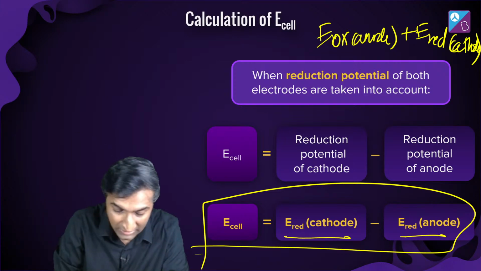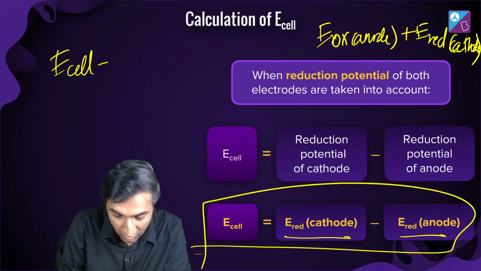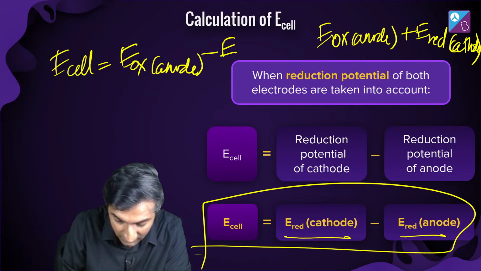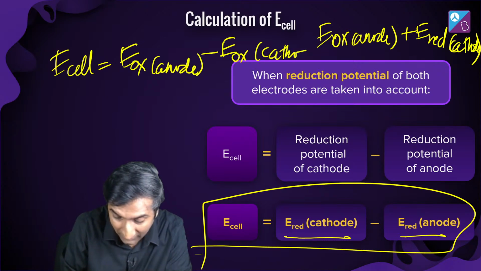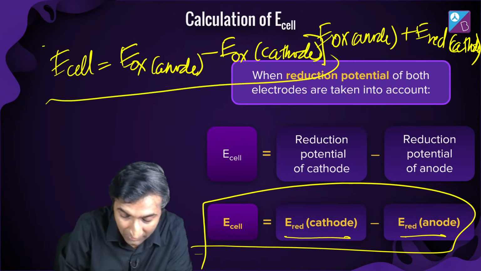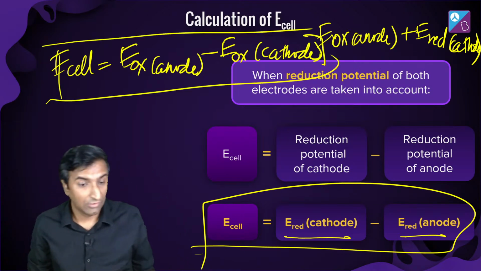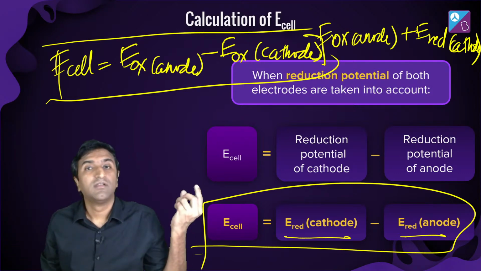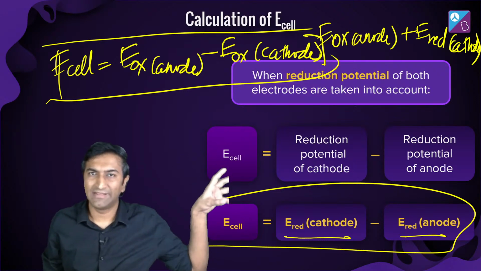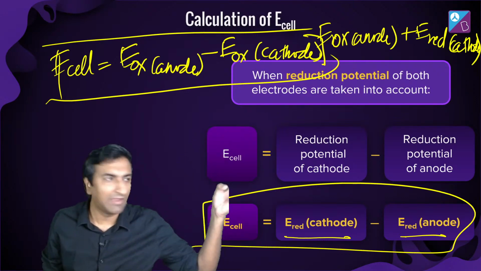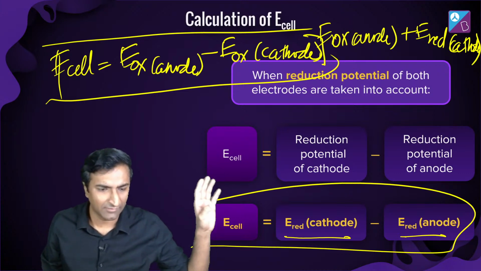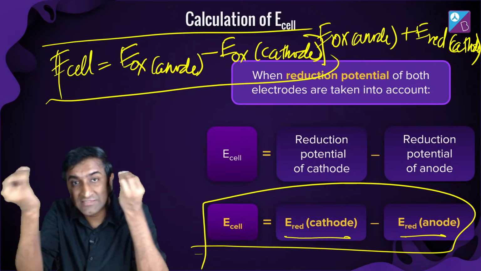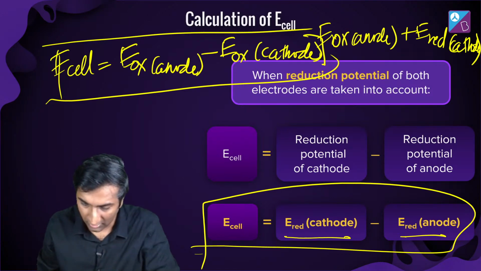Or if I want only in terms of oxidation, I can say that E cell is also E oxidation of anode minus E oxidation of cathode. It is the same thing. Don't get tripped up on this. Cool. Lokesh, do you see this? This is how you have to calculate. If it's not given, meaning you have n values, you don't have delta G, right? So E naught cell we are calculating by using half cells. That's what we mean by given. All right. This is extremely important. Be comfortable with changing these signs. Okay. All right. Sweet.